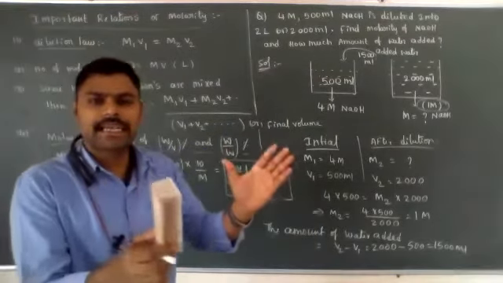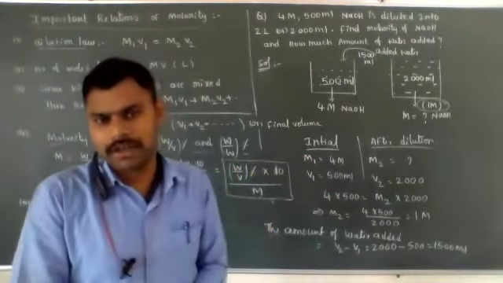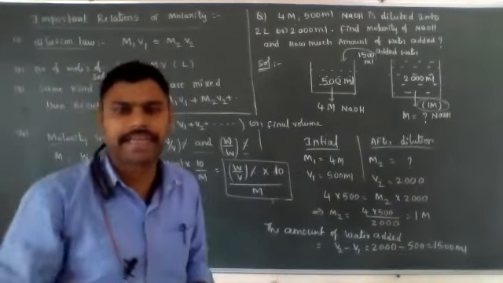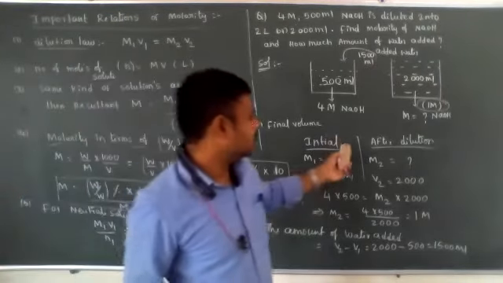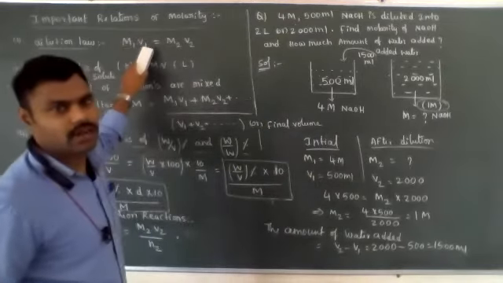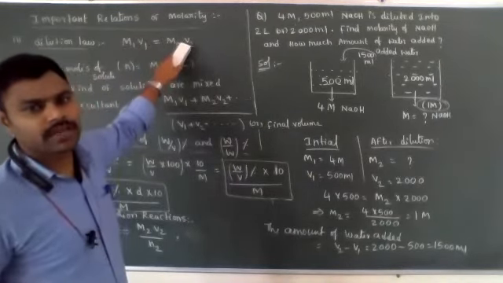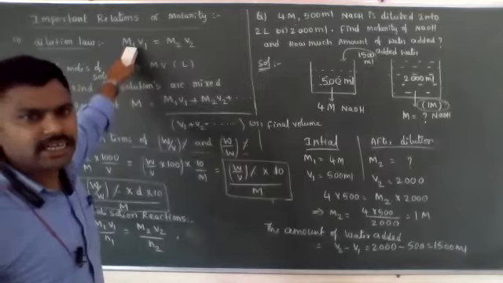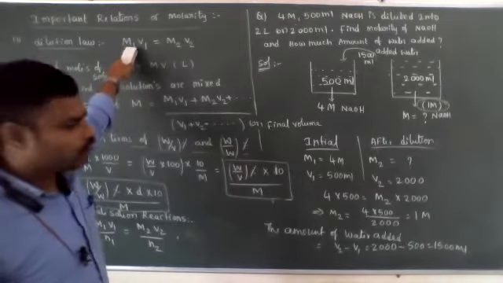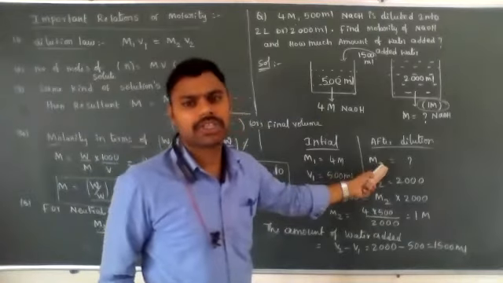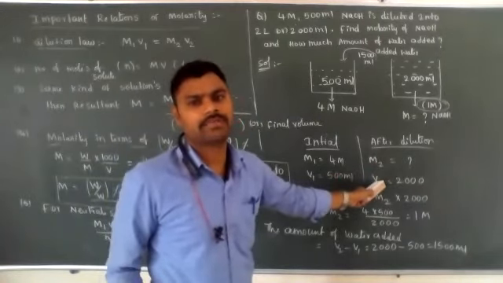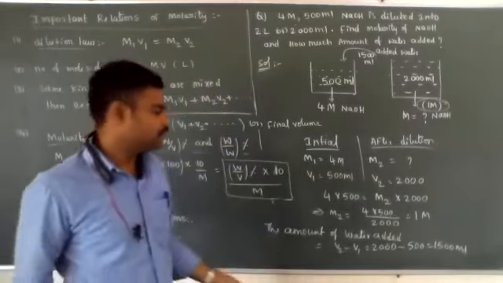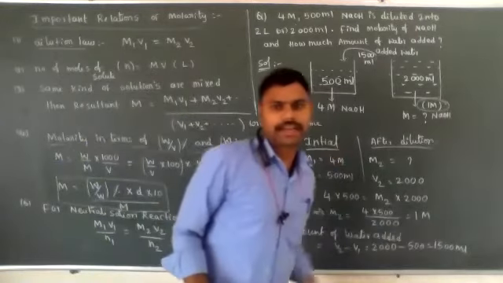Generally, initially I gave you a concentrated solution, but you just added some amount of water, then the concentration or molarity decreases. How much the molarity decreases, in that case the formula is M1V1 is equal to M2V2. M1 and V1 are the initial molarity and initial volume. M2 and V2 are the final molarity and final volume of the solution after dilution. The amount of water added is V2 minus V1, final volume minus initial volume.